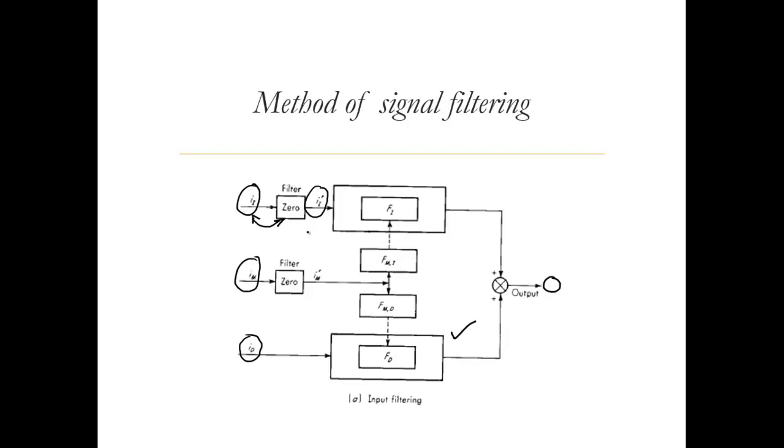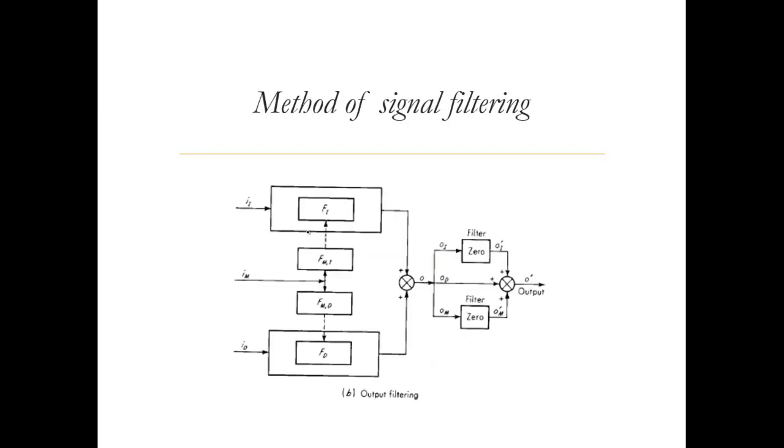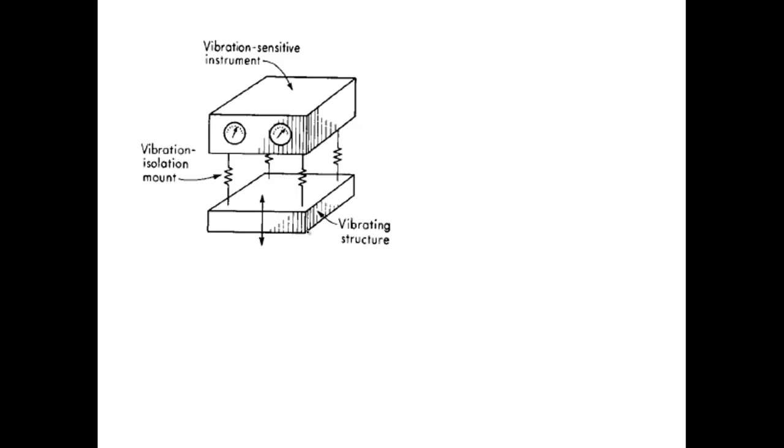This can be more clearly understood by an example. In this case, you can just look at the vibration isolation mount. So you have a vibration sensitive instrument at the top. This is the instrument, and this is the structure which is vibrating, which we sometimes call undesired vibrations on the structure, and we are trying to measure some quantity with this instrument. But because of these continuous vibrations, they change the value of the output. So these vibrations act as our modifying, or interfering, inputs, and we want to avoid these things.